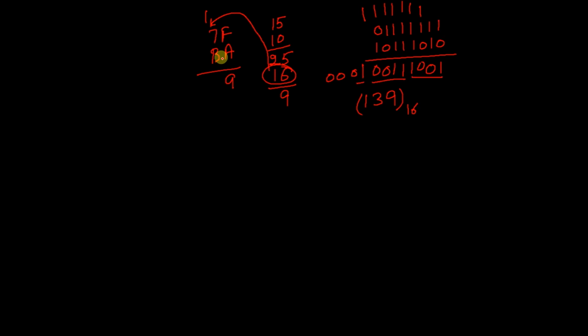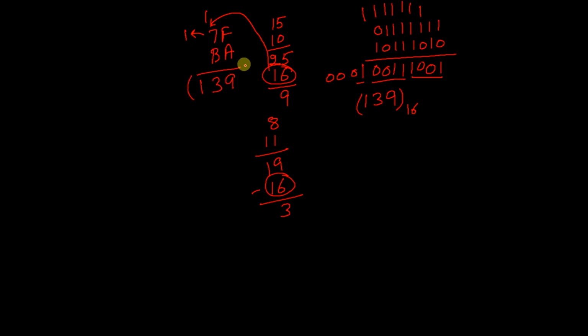Now in the next column we have to add 1 plus 7, it is 8, and then B. What does B tell us? It is 11. So 11 plus 8 is 19. Again, 19 is greater than the base, so we have to subtract 16 again. That means the difference is 3. So this 3 is written here, and this 16 goes as a carry to the next column. As in the next column there are no digits, we'll get 1.